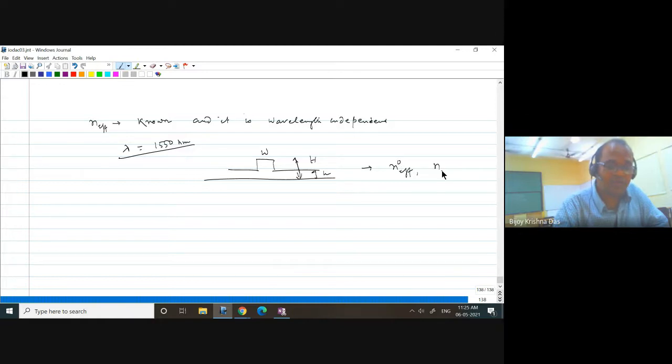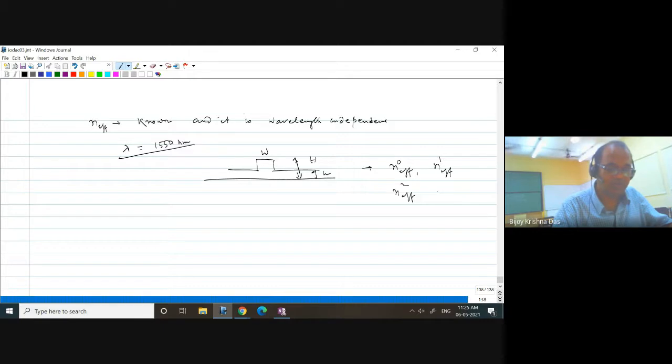You have calculated n effective for the first order mode, and then n effective for the second mode. Yeah, can you just speak up? Who is writing notes? Rishabh? Oh, your mic is not working, Rishabh. Okay, so yes sir, from the phase matching condition one can calculate lambda.